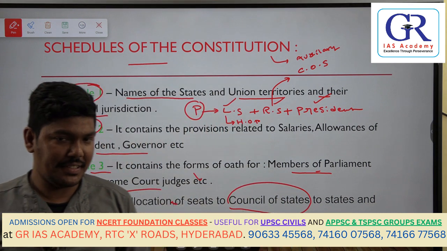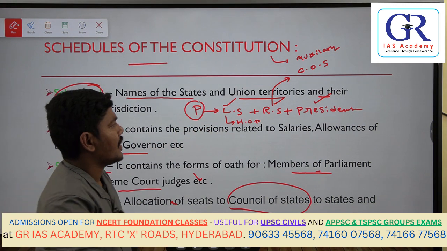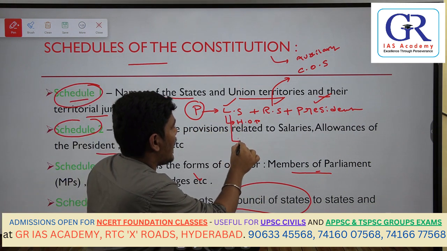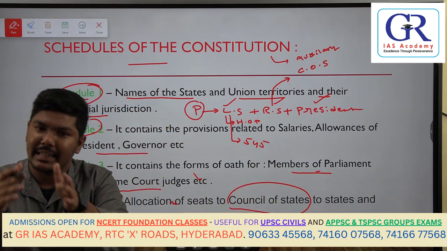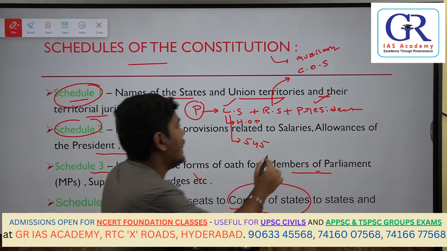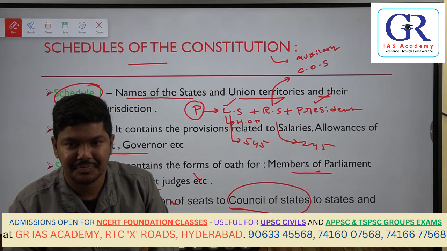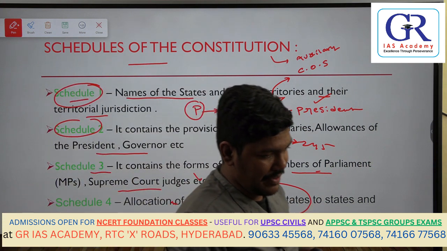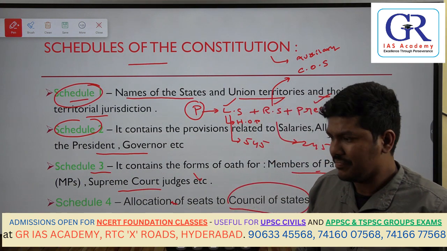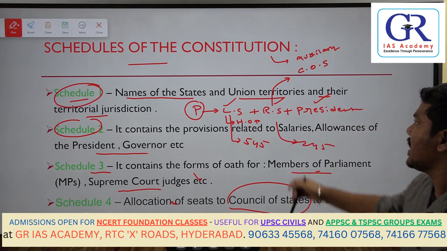Now, if you talk about Lok Sabha, how many seats are there? 545 seats. They are called Members of Parliament. And in Rajya Sabha, how many seats? 245. So in Lok Sabha we have 545, and in Rajya Sabha we have 245 as the strength. Both constitute Lok Sabha plus Rajya Sabha, and then the President.